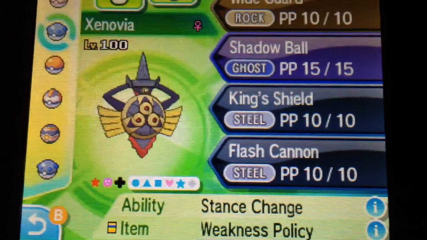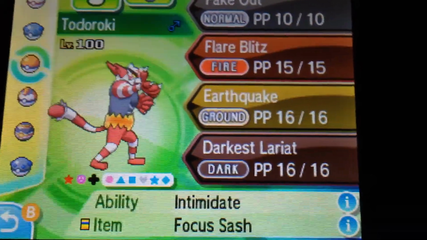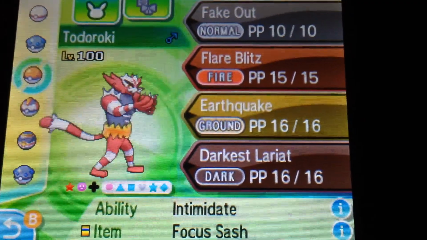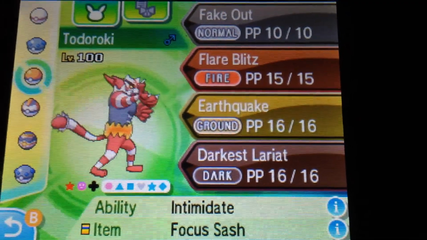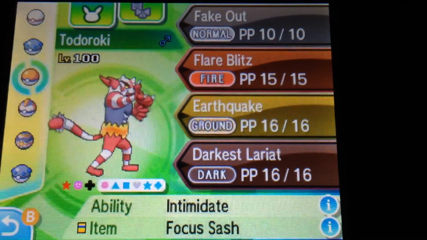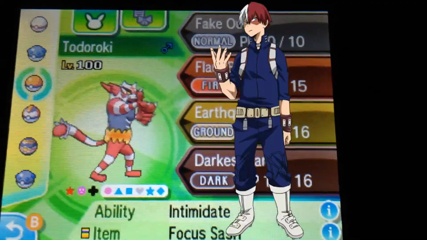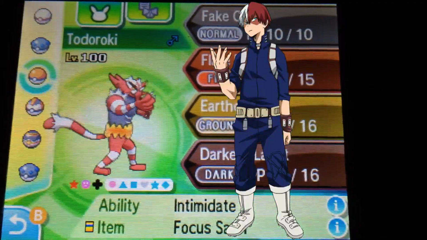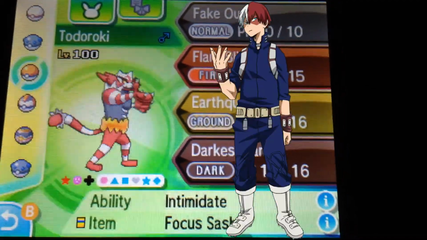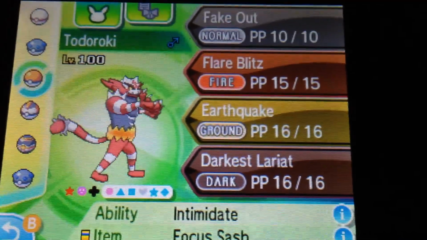Next up, the man with a plan. The best hero, Todoroki, the shiny Incineroar. Finally got that one with the hidden ability. And here's the moveset: Fake Out, Flare Blitz, Earthquake, Darkest Lariat. I mean, that nickname is obviously a My Hero Academia reference. But yeah, Intimidate. And he has a Focus Sash, which is kind of weird, but I decided to change the